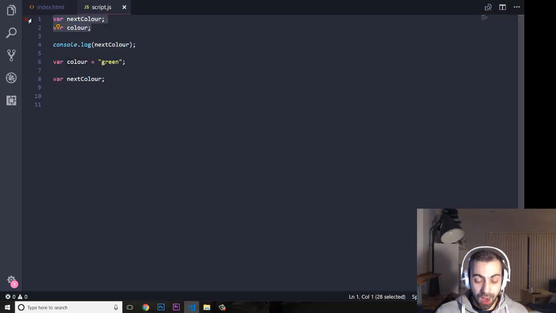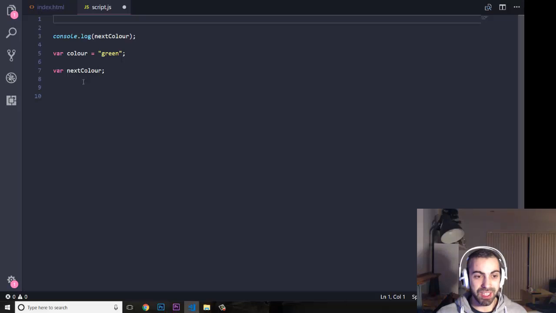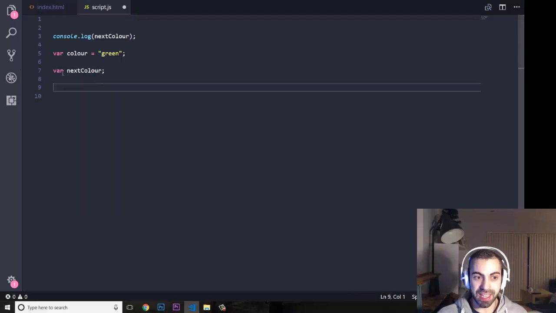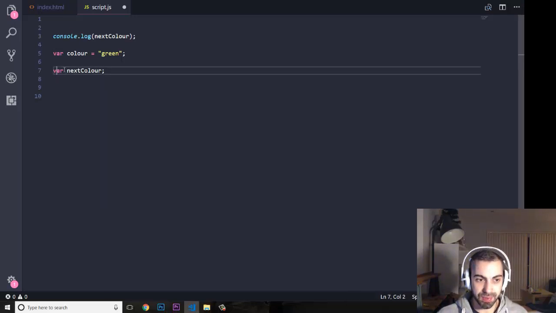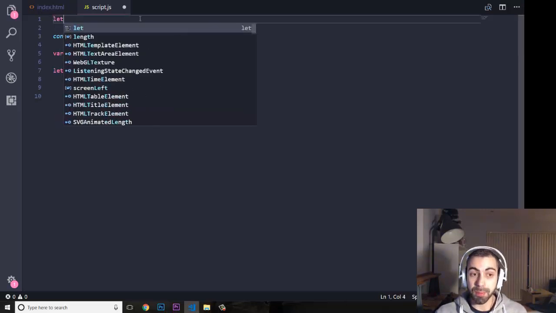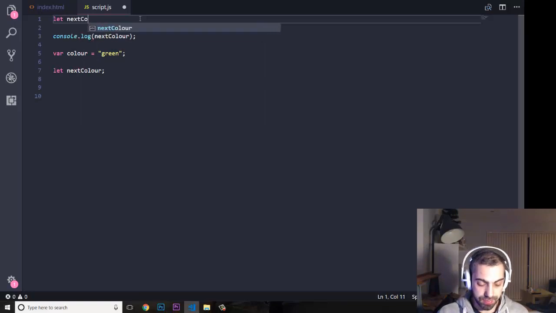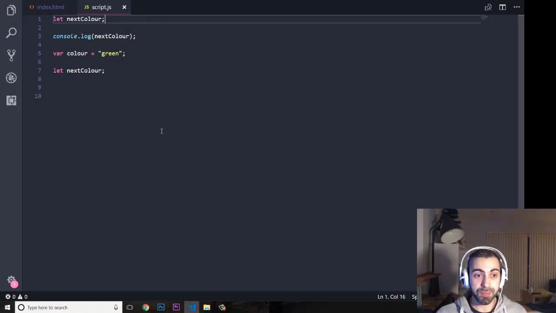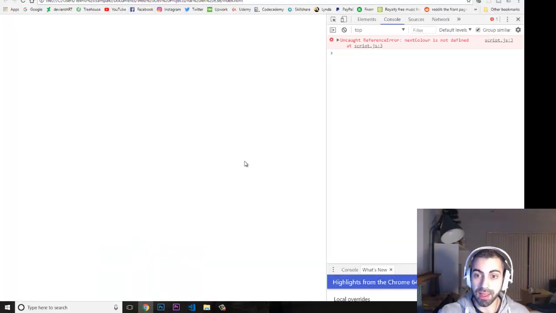Okay, but now let's say, for example, that you create a variable, instead of var, you are going to use let. Let nextColor. With let, sorry, JavaScript is not adding this by default in here at the top. So if you are doing this console.log nextColor, it's going to give you an error, because until here the variable has not been initialized and no value given to it, so we should expect an error. Okay, look,